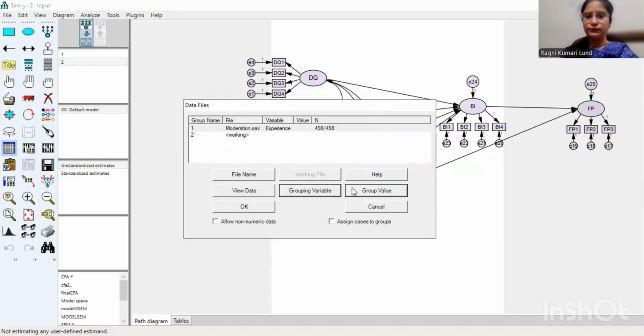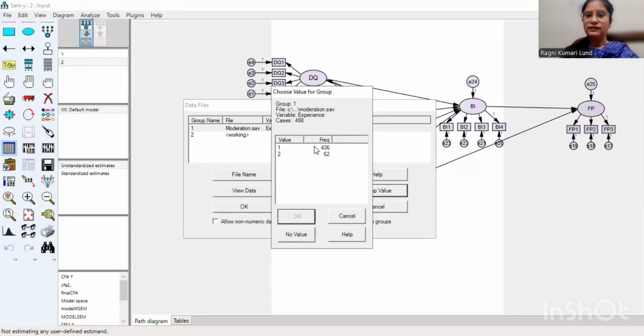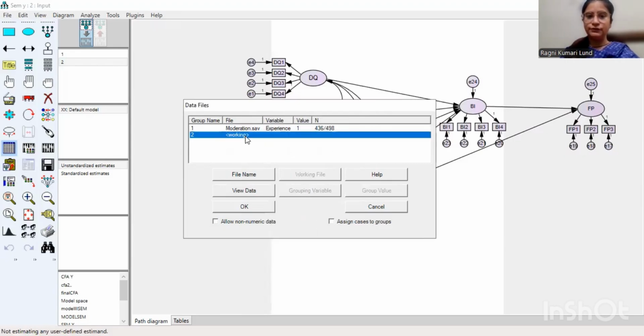Then group value. For example, we have 1 for yes responses, which are 436, and 2 responses are 62. It means 62 are no responses and 436 are yes responses. So click, then OK. Then again you have to add the same file.